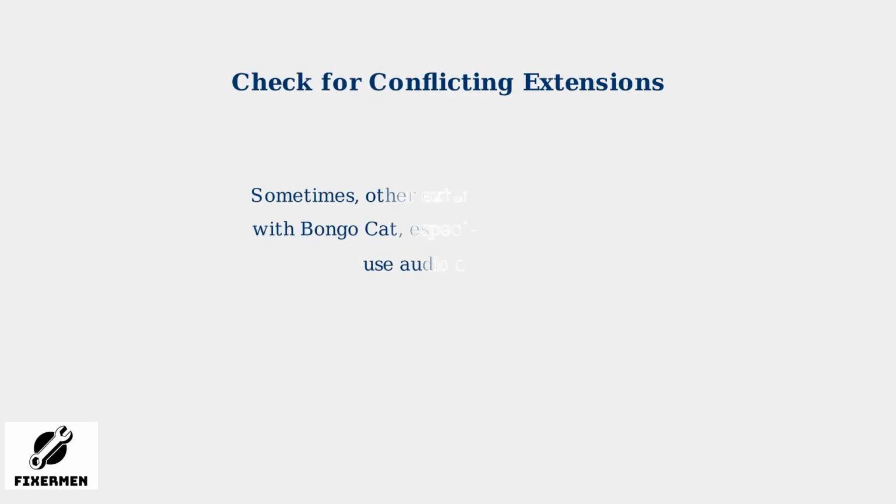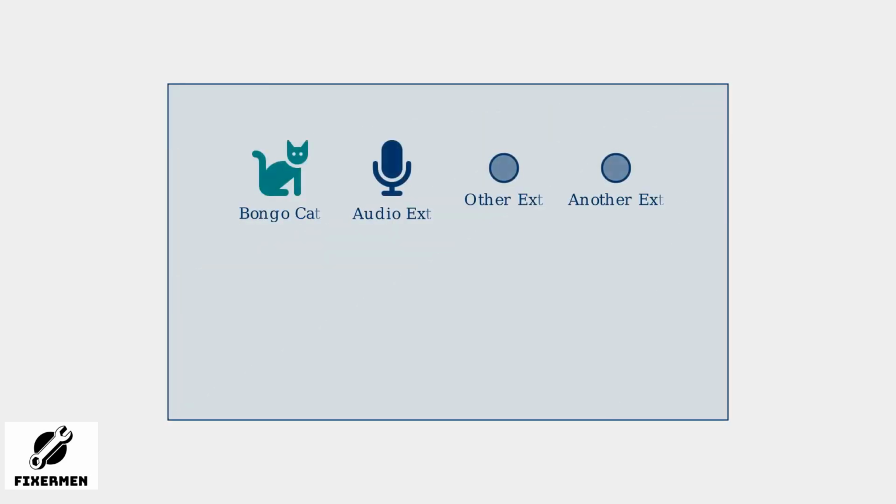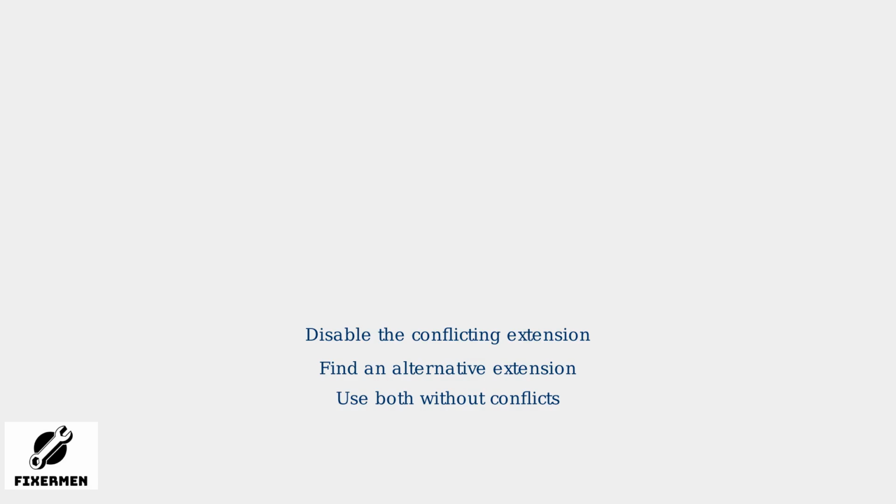Sometimes, other extensions can interfere with Bongo Cat, especially those that also use audio capture. Try disabling other extensions one by one to see if any of them are causing a conflict. After disabling each extension, check if Bongo Cat starts working. If it does, you've found the conflicting extension. You can then choose to either disable the conflicting extension permanently or try to find a way to use both extensions without conflicts. If you don't want to disable it, you can try finding an alternative extension that will not